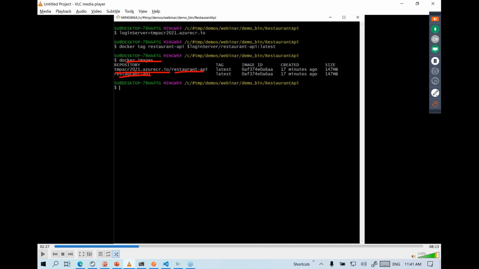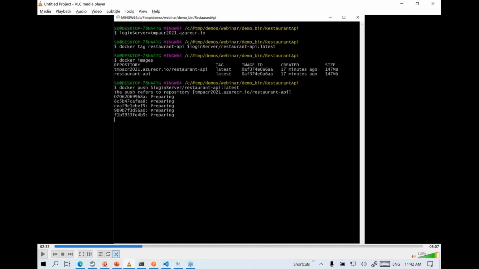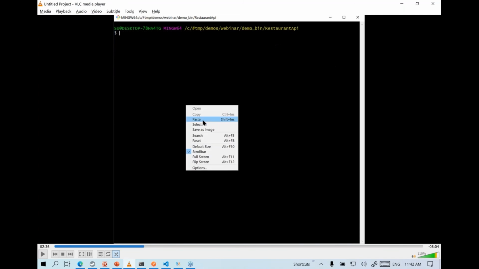This is how we'll be able to push the images to Azure. Now if you use docker push, it knows that it needs to use this login server. You can see the actual name here. And since we have already used the az login command, the command line instance is already authenticated, so it will be able to push the images to Azure. Now it's basically preparing the images, and it will push them to Azure.